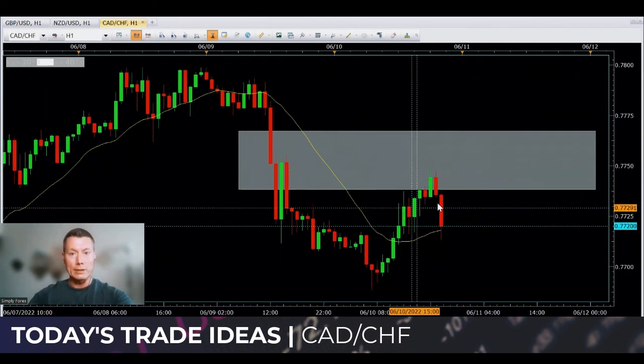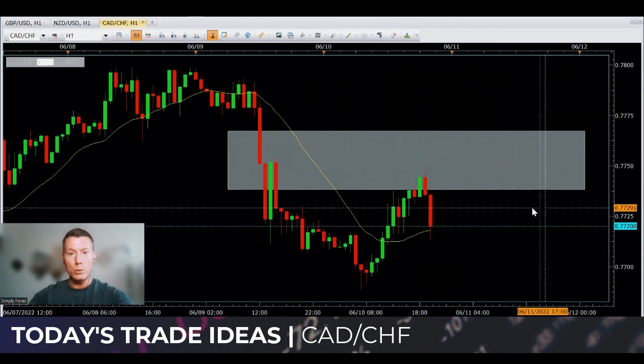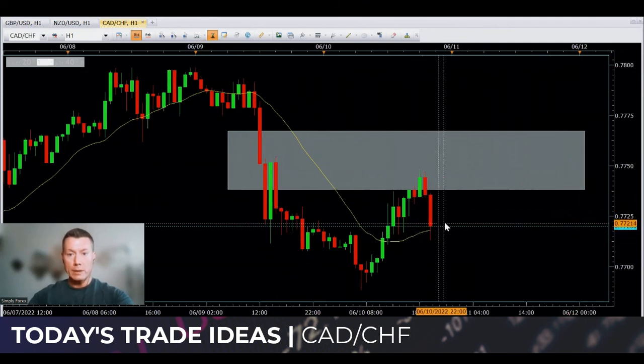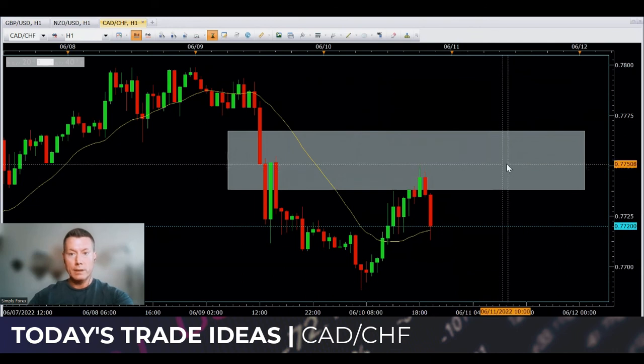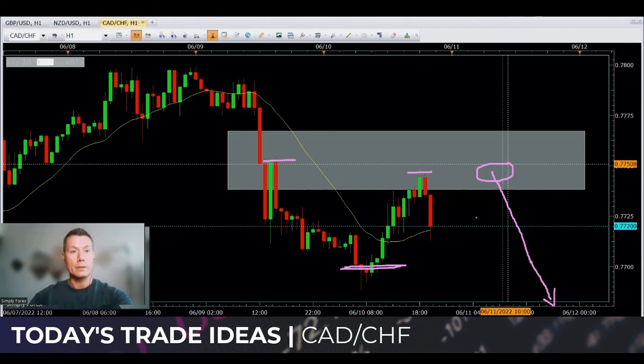So I slightly adjusted the grey zone, guys, just made it a little bit smaller. But what we want to see is price come back up into this grey zone. Okay, yeah, and maybe test these areas here where price reacted at. Okay, so price comes back up, reacts at these last H1 highs. We get a bearish candlestick pattern form. We enter the trade. We can then take price back down to these last H1 lows, close 80% of the trade, and then leave 20% to run down to our higher time frame target. All right, guys, yeah, so Canadian dollar against the Swiss franc, we're looking to short this pair.